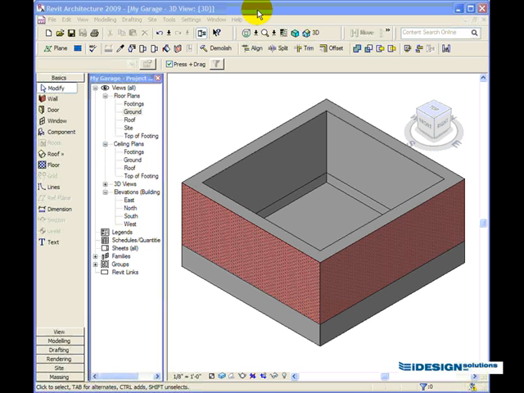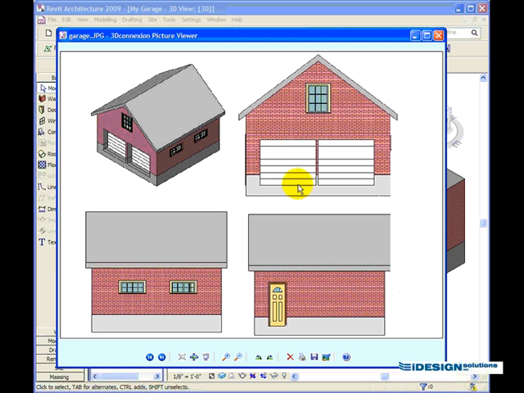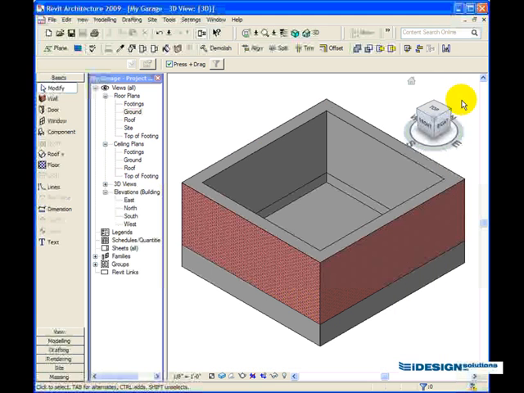The next part of this presentation or tutorial is to add the 3 doors, one being a single door and the other 2 being the single door and the 2 garage doors. So what we're going to do is simply make our way to the ground floor level by double clicking under